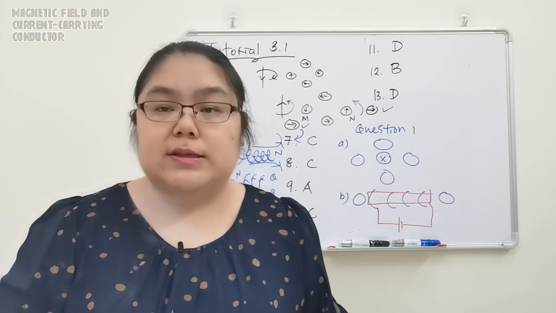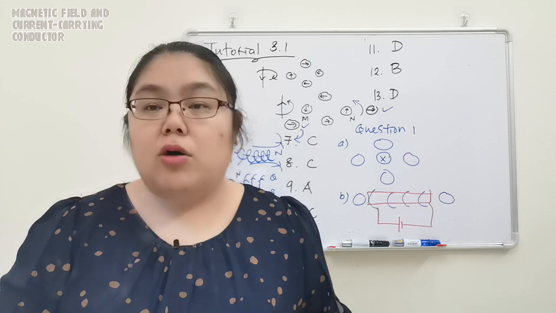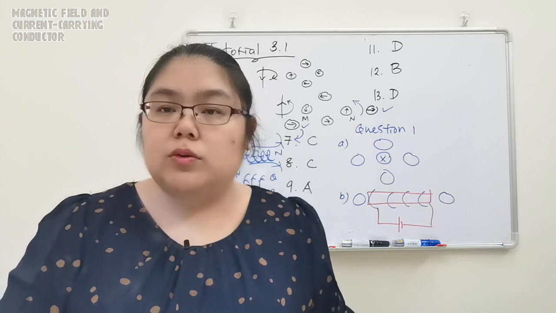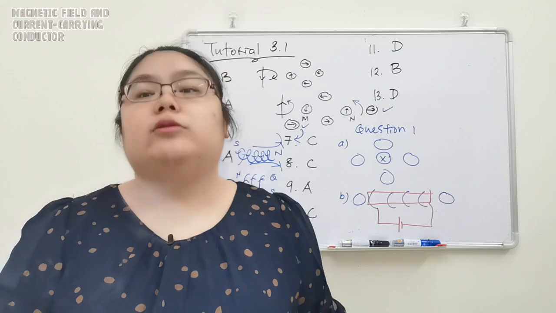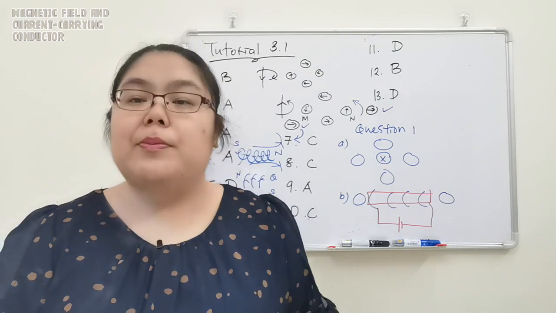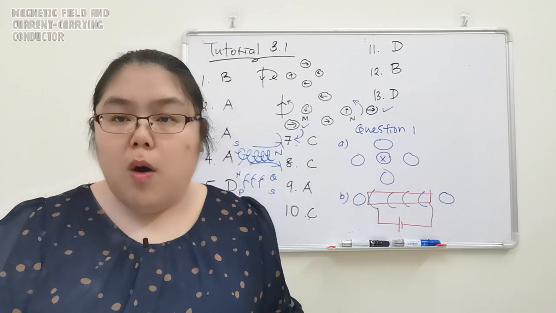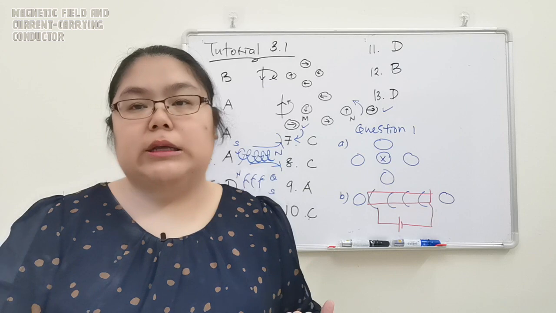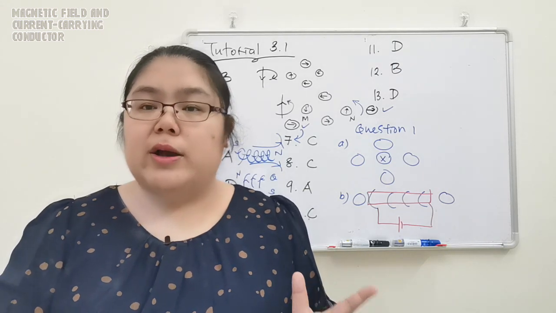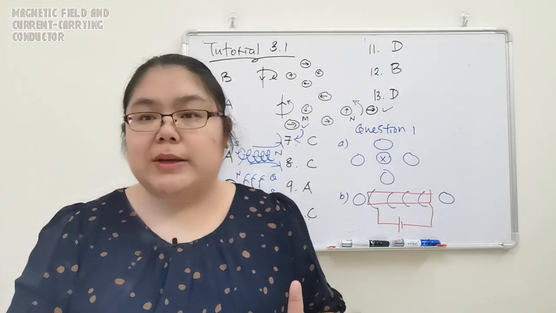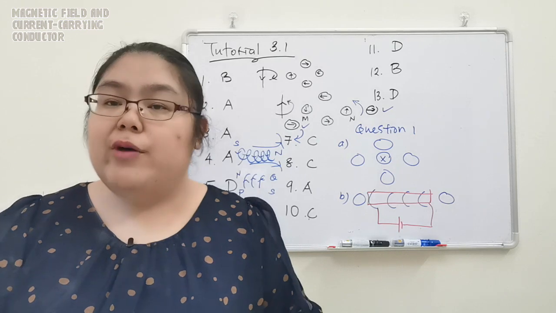If the situation says I want to attract more, what to do? If you are using an electromagnet like D, which attracts 1 and 0, you attract so little, what to do? How do you increase so you attract more paper clips? Now we think about the factors. Maybe I increase my current. When I increase my current, maybe I can attract more, and I can also release immediately. Understand? So it's a different thing. If the question asks which one is more suitable to become an electromagnet, your answer is D. If the question says which one becomes very strong